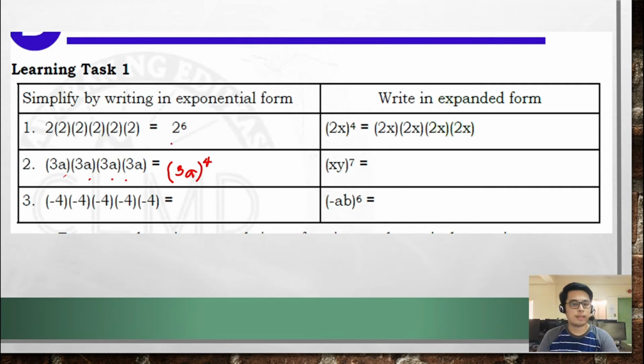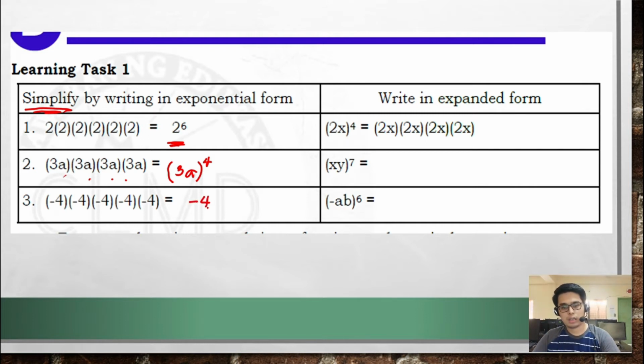So, bali, hindi naman sinabing simplify to the simplest form or write it in the simplest form. Actually, ito, hindi pa siya naka-simplest form. Pero based on the direction, simplify lang by writing in exponential form lang yung pinapahanap. Kasi kapag you have to simplify to its simplest form, hahanapin mo pa yung value ng 2 to the 6th power. Okay? Then we also have for number 3,